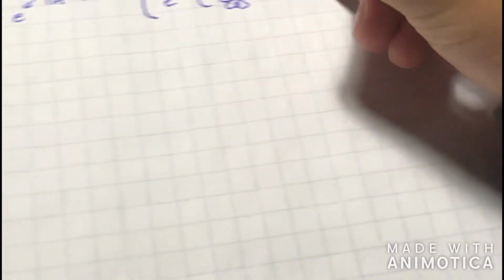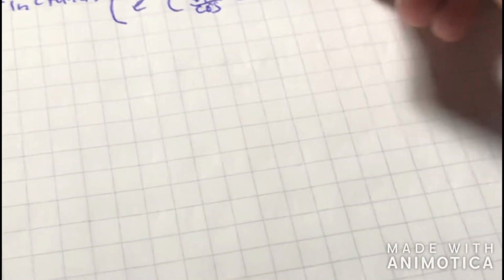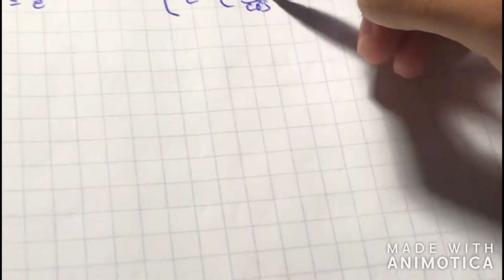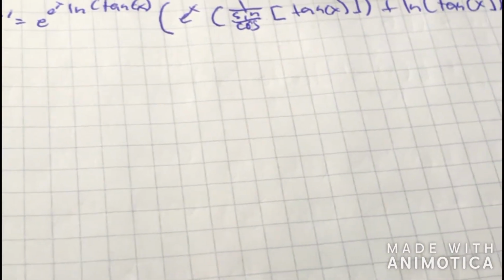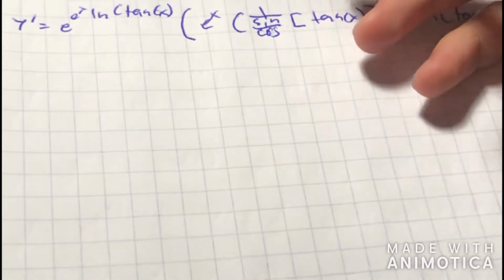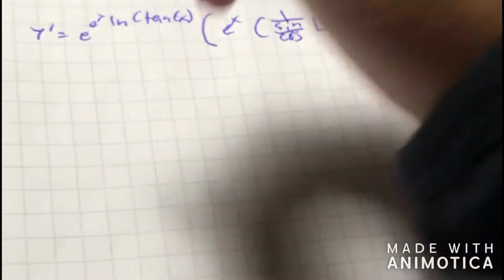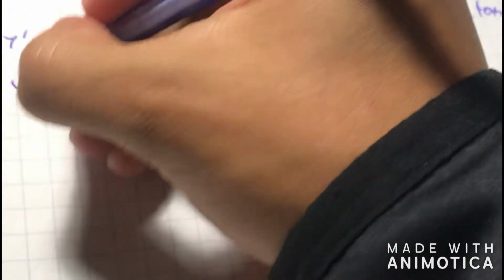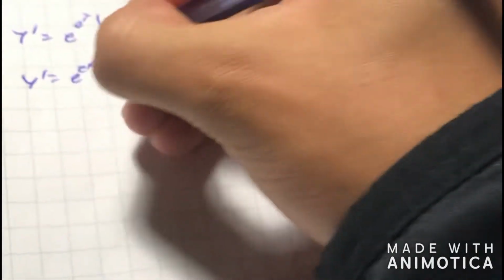Sine divided by cos, then tan of x plus ln tan of x e of x. Okay. Now we already have this, so we know that this will convert to cot. Then we're gonna put like this: ex ln